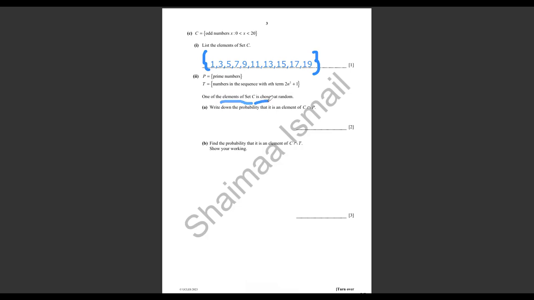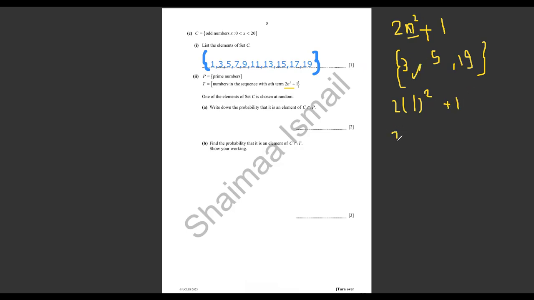One of the elements is chosen randomly here. So here 2n squared plus 1, how can we figure it out? Just keep the n and put instead of it 1, for example. So 2 multiplied by 1 squared plus 1, which is 2 plus 1, equal to 3. And